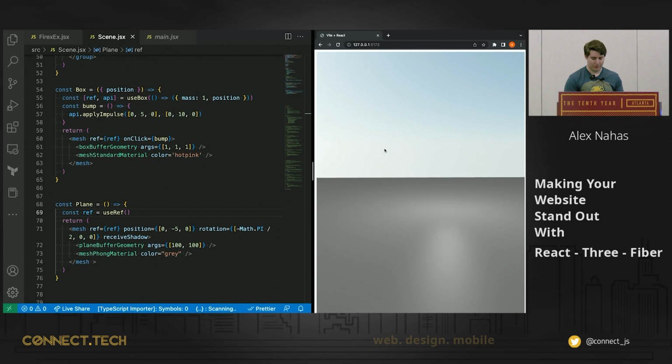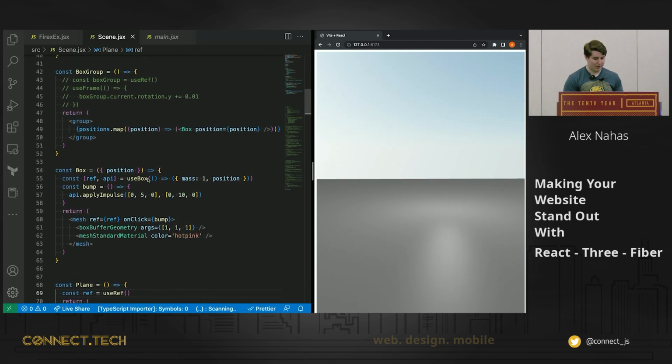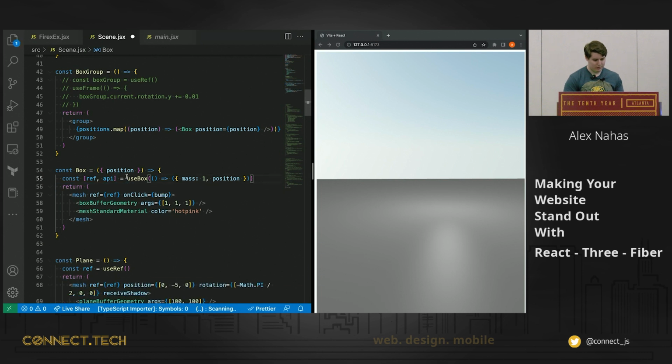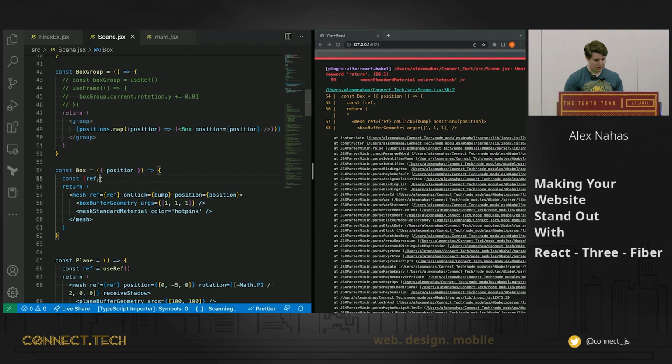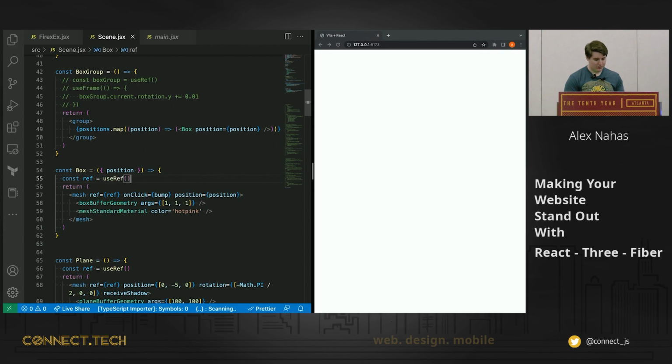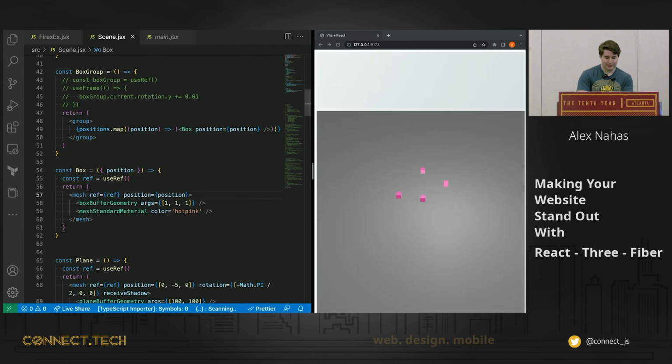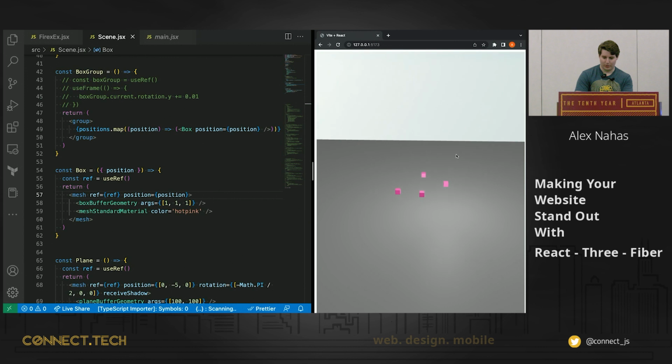Cool. It's just going to go through that because it's no longer part of the physics environment. We did the same for our box and the ref. So we'll take away everything here. Bring back the position. Bring our ref back, just being a normal ref. Okay. Get rid of this function because that's going to throw an error as well. We've got our stuff back. Just a plain old, nothing going on, box